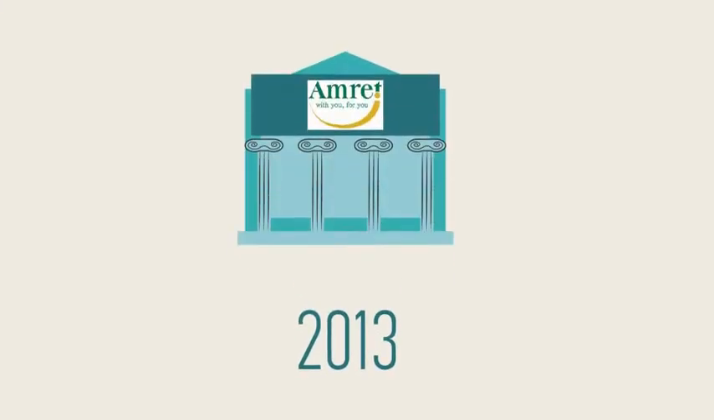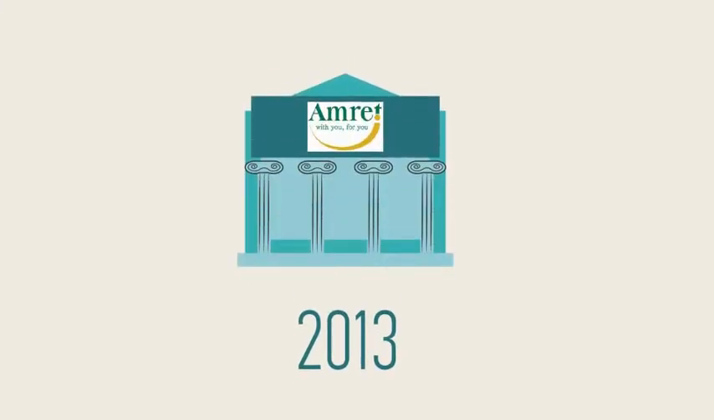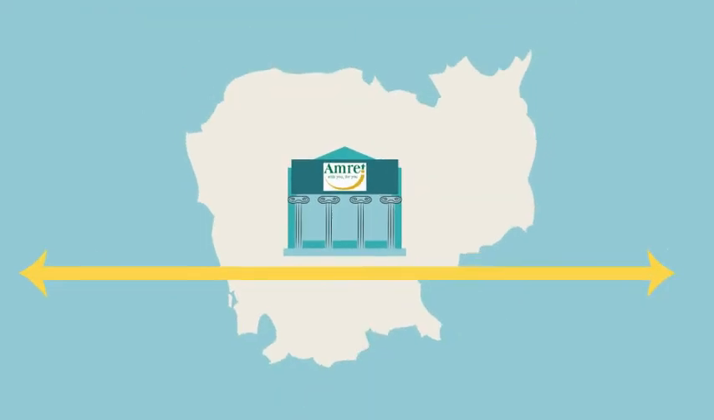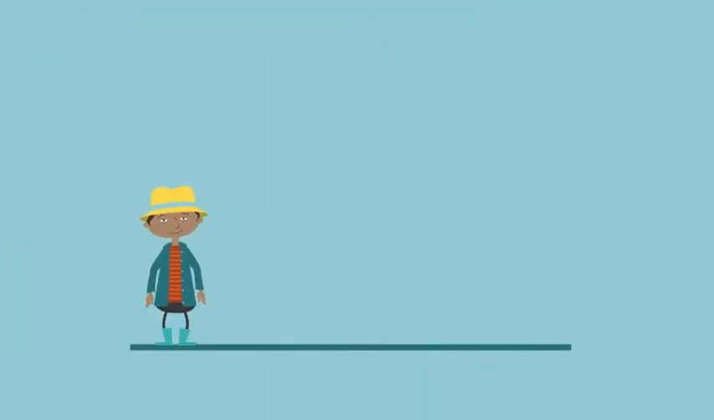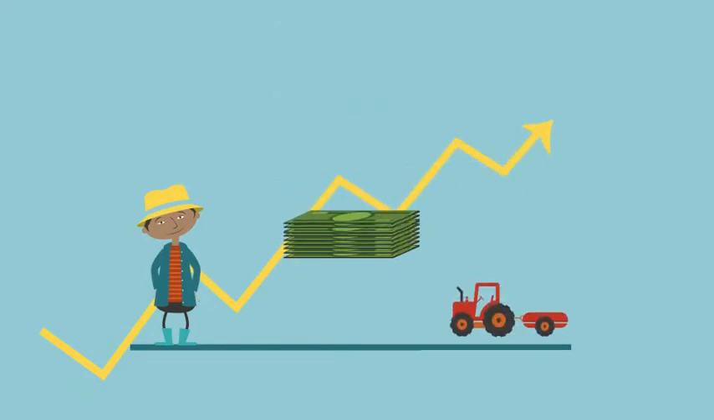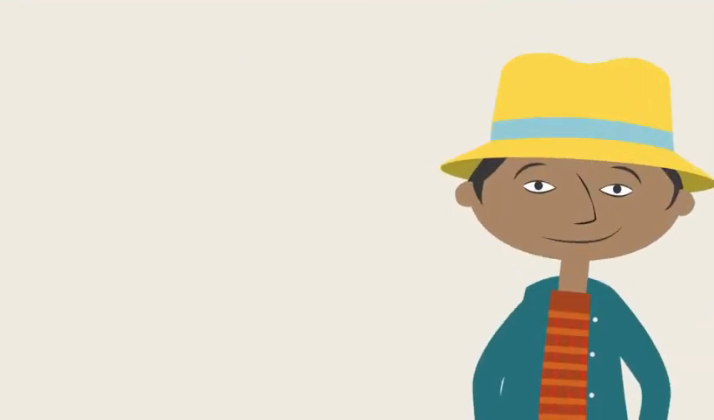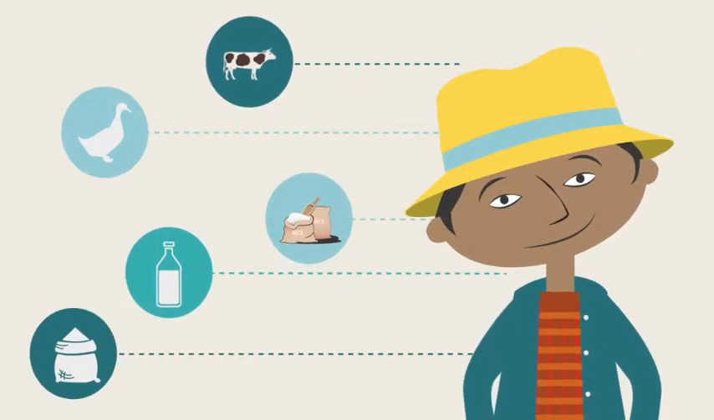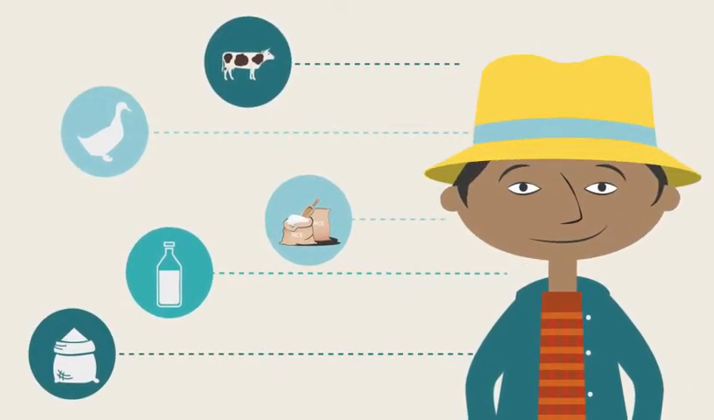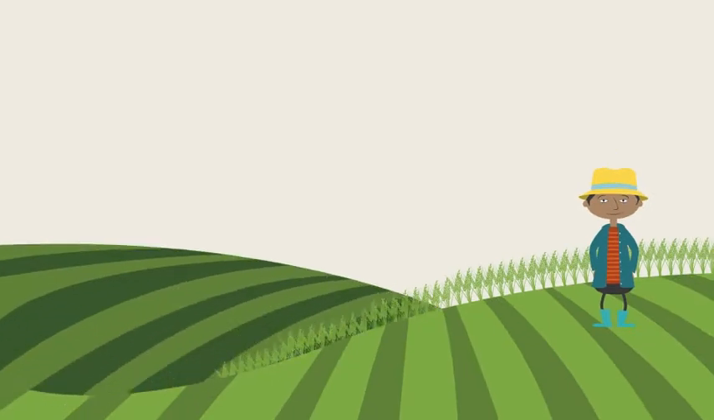In 2013, the microfinance bank AMRET began expanding their outreach to agricultural sectors in Cambodia. A part of this work involved increasing their direct lending to farmers. They identified that to expand sustainably, they should improve their understanding of key agricultural commodity sectors and therefore better know